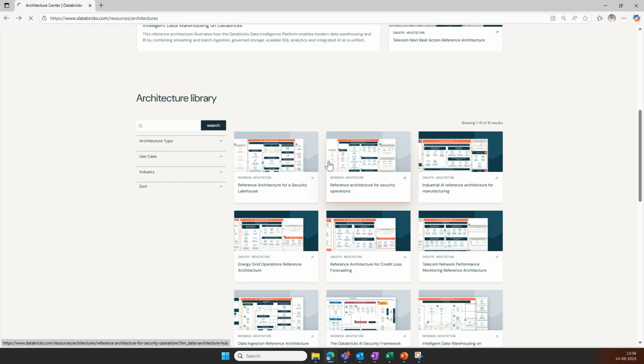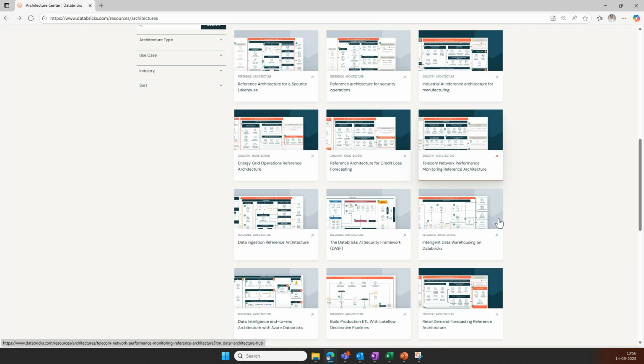So what we will do in this series is initially cover the introduction of the Databricks platform and how the freely available data and AI platform can help you learn this, and quickly we'll move over to the industry-specific domain